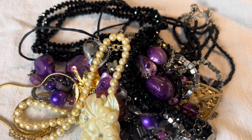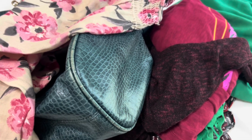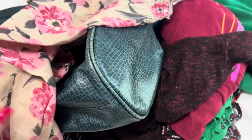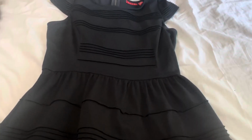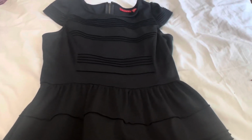Now for the clothing haul, and much like the jewelry, it's not a huge clothing haul, but I do feel like I got some really good items. We're going to go through them rather quickly, and I'll show you everything that I managed to find. I did pick up a few dresses today, and dresses, it's kind of hit or miss for me when it comes to selling them in my eBay store, but I thought this was really